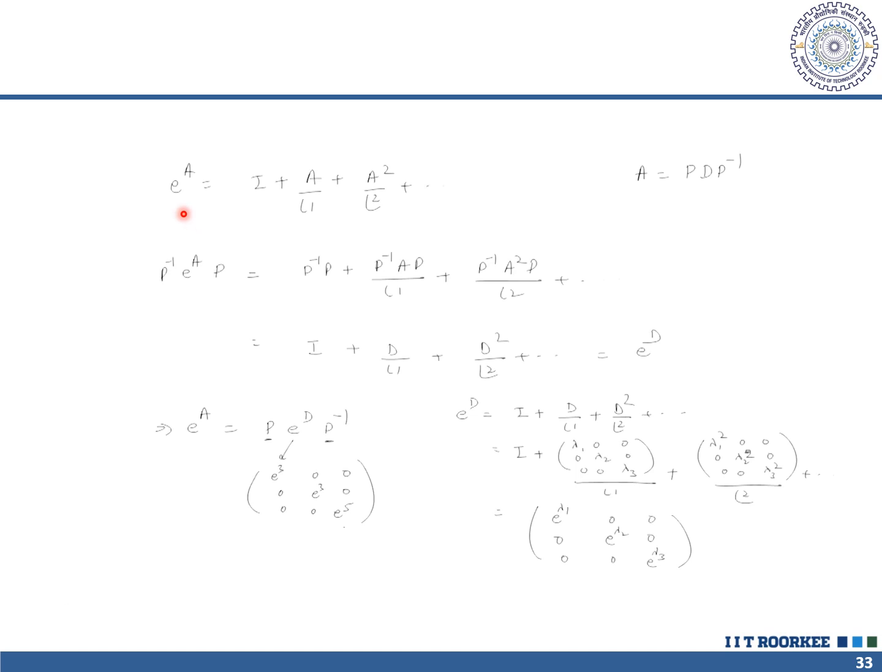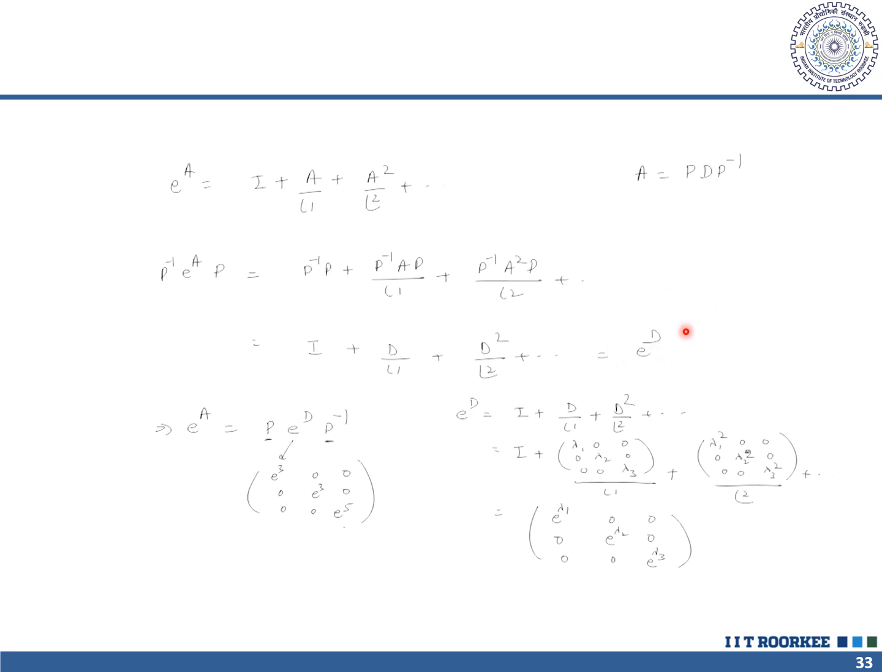By applying the same expansion to matrices, e to the power of A equals I plus A by 1 factorial plus A square by 2 factorial and so on, where A equals P D P inverse, D is the diagonal matrix made of eigenvalues and P is the matrix made of eigenvectors. So by multiplying P inverse on the left and P on the right, we get P inverse P plus P inverse A P by 1 factorial plus P inverse A square P by 2 factorial and so on, which equals I plus P inverse A P, which is the diagonal matrix D, P inverse A square P, which is the diagonal matrix D square, equals I plus D by 1 factorial plus D square by 2 factorial,